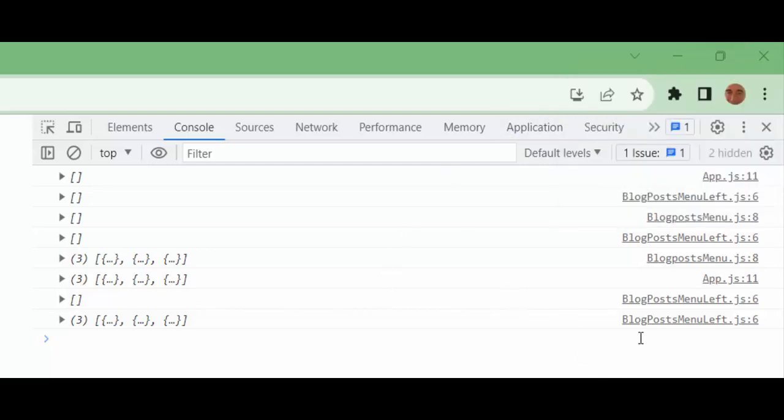Because blog post menu left was at first empty, and after that re-renders because it depends on changes in post, and post is finally changed, blog post menu left is re-rendering. Now